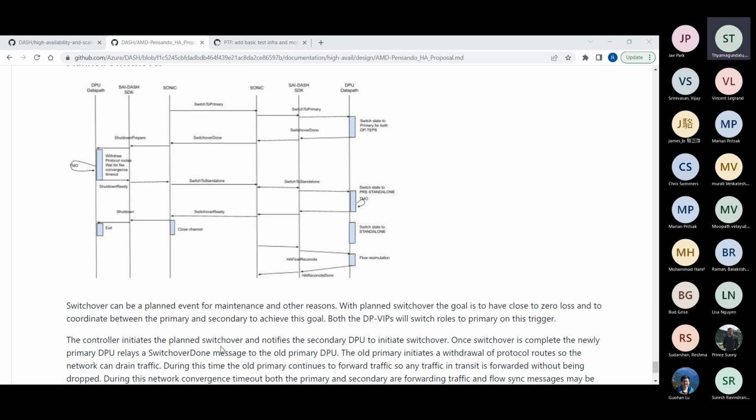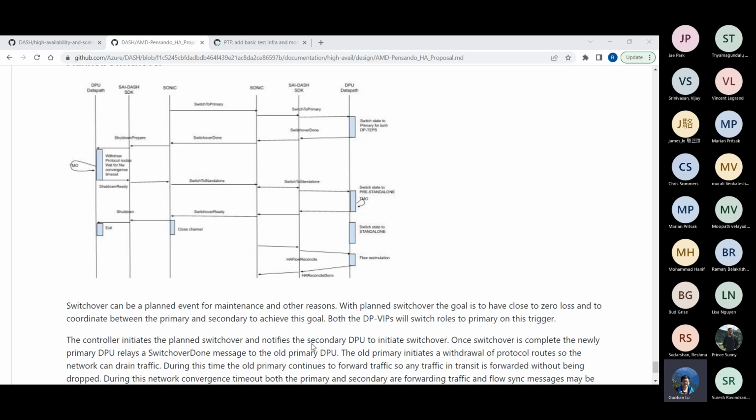New connections are also created in the pre-standalone state. We are still creating new connections on both sides at this point. There is a reconciliation happening on the standby and the active, which can both be receiving traffic in this transitionary state. Both of them are creating flows. There is a two-way sync happening.